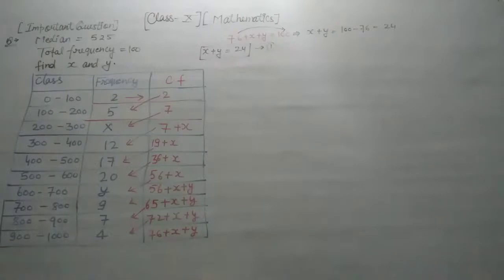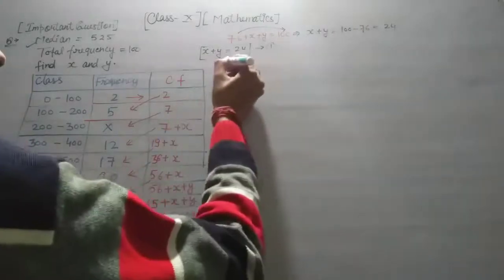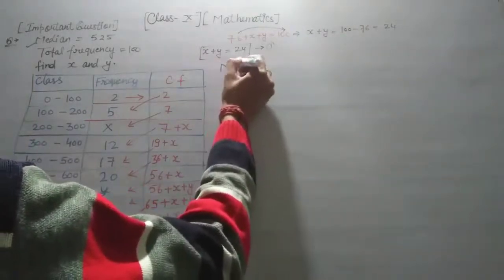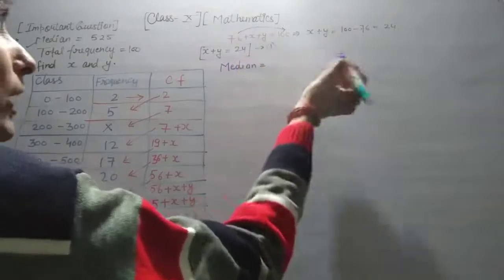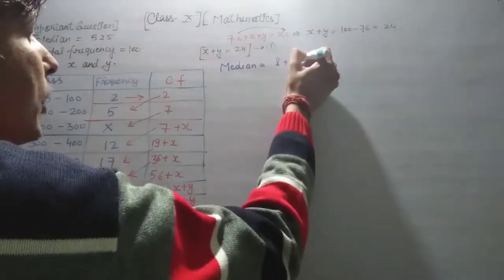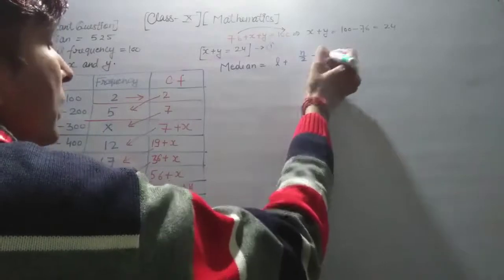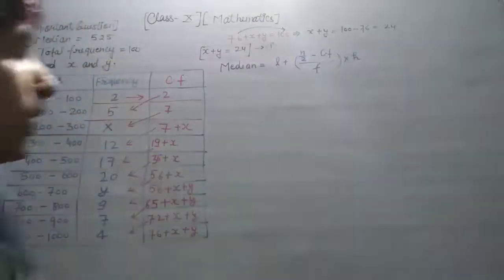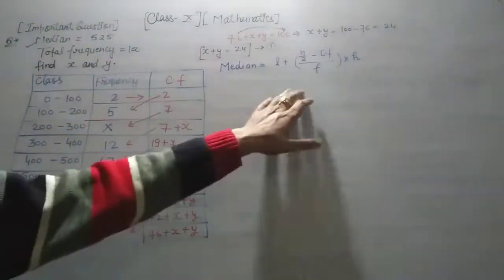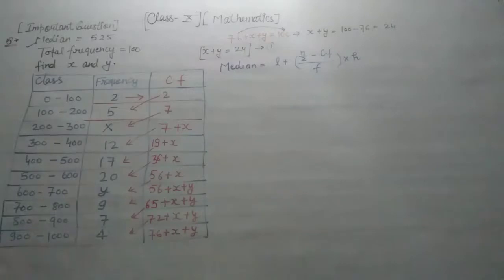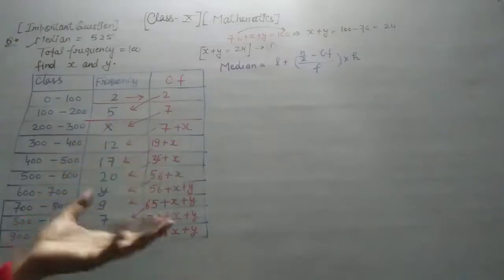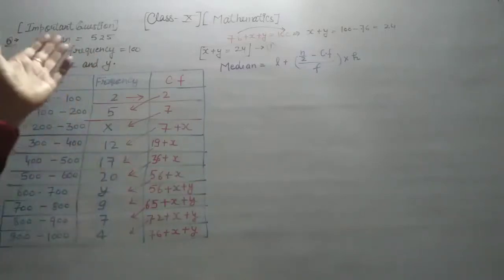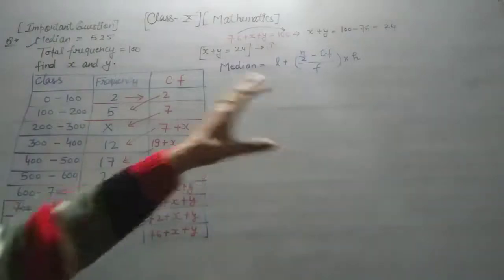So here you know that median is this. And the formula of median you very well know. The median formula is L plus (n upon 2 minus CF) upon f, into h. So this is your formula, and in this formula you very well know that there are so many variables. You have to find those variable values with this table. In the previous video, when I explained the median, I explained how to find these values.